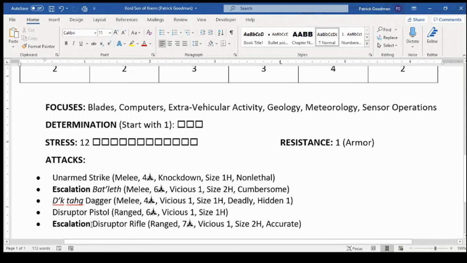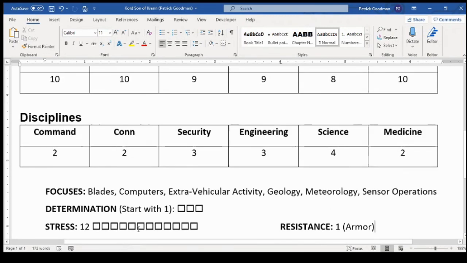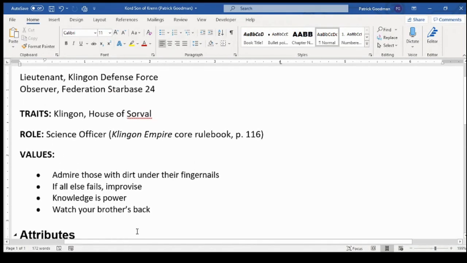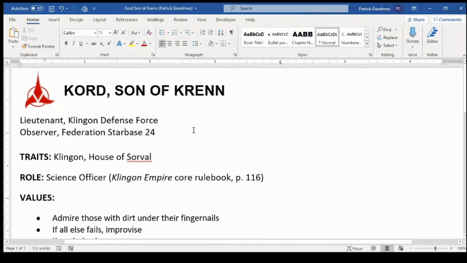All right. And that's it. Normally I'd record starting equipment, but I don't really have a place on here right now, and that's just going to be his uniform, his Dachtag and a communicator anyway. He'll generally go out with a tricorder as well, but guys, I think Cord, son of a Kren,